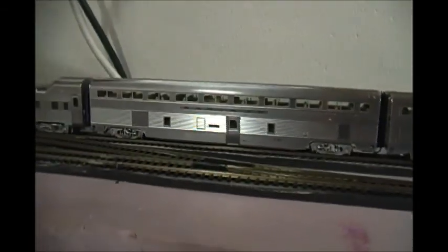This one is numbered 532. It's the Step Up coach. And this one right here